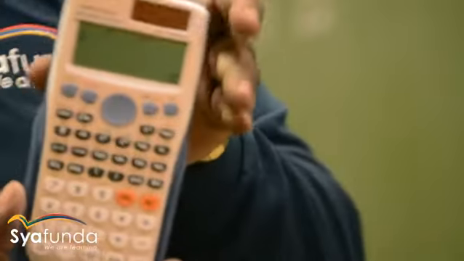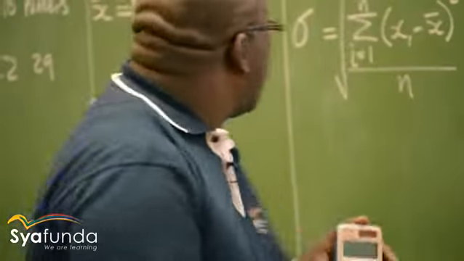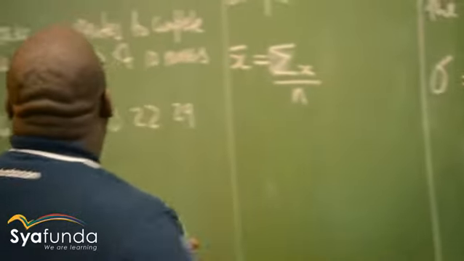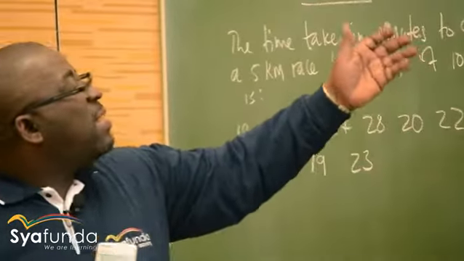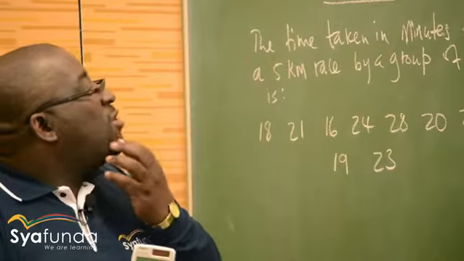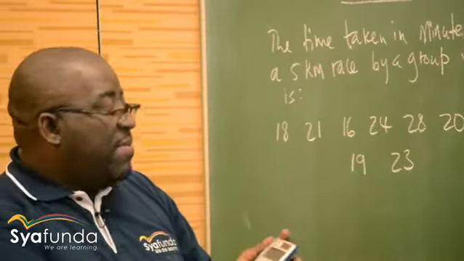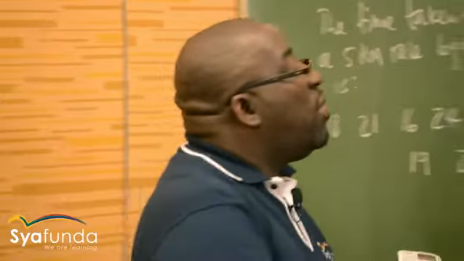Yes, I get a value of 22. So, calculate the mean time taken. The mean time taken to complete the race, the average time, was 22 minutes. So we know that X bar